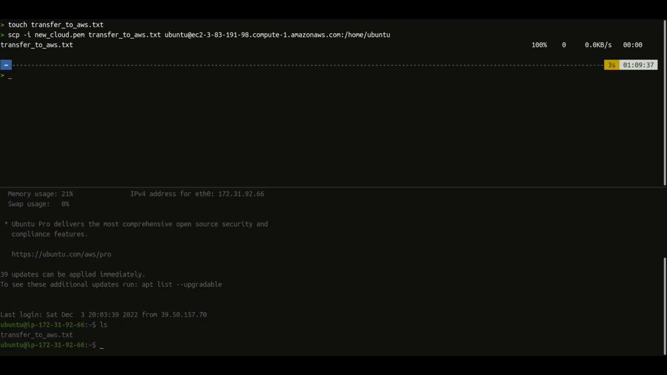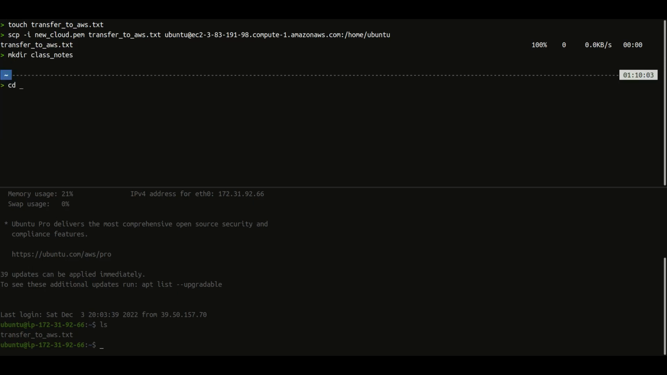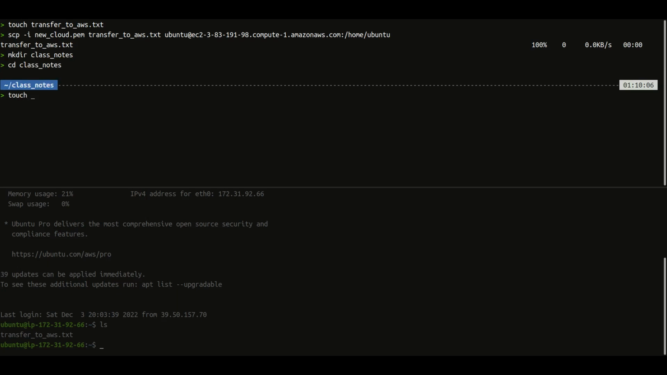So let's make a directory and name it class notes, and now let's create some files in class notes. Now chemistry.txt. Okay,